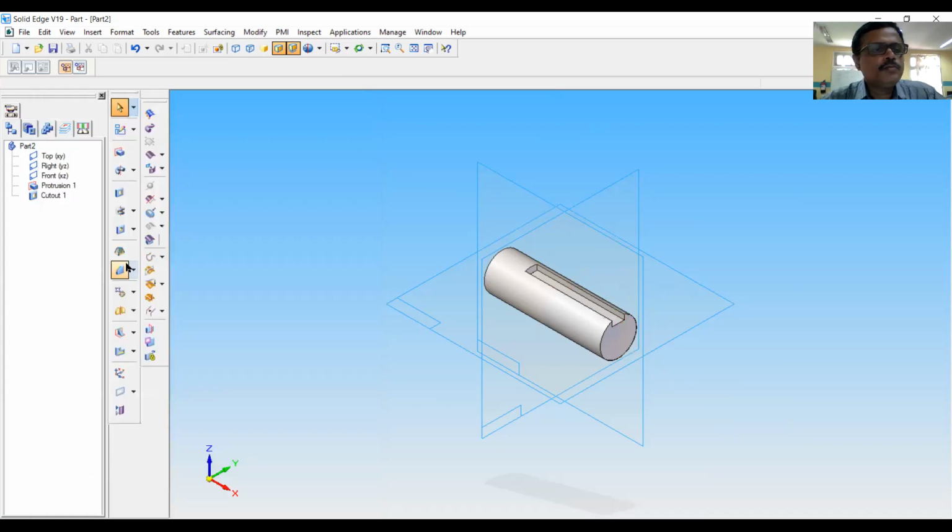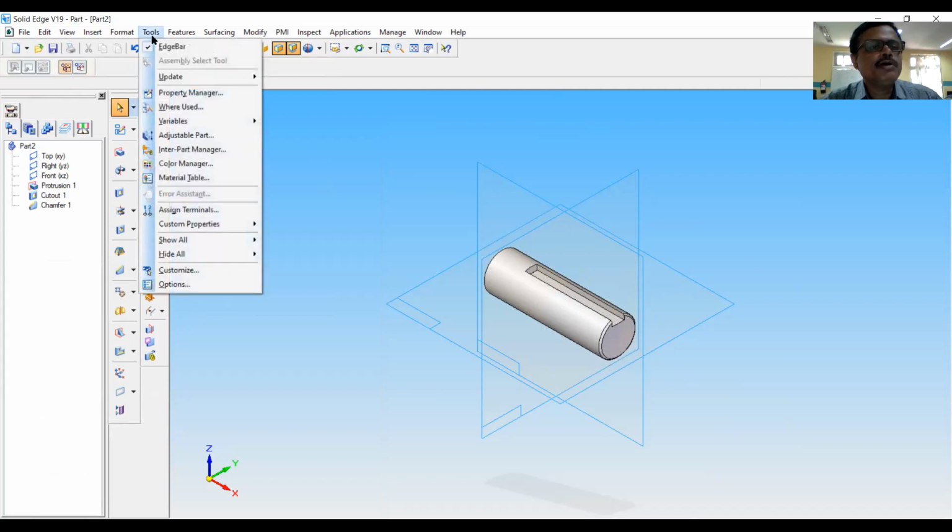Now we have to do the chamfer for that shaft. Chamfer. Select this. Enter a distance of say 1 mm. Finish. We can enter the equation even for the chamfer also.